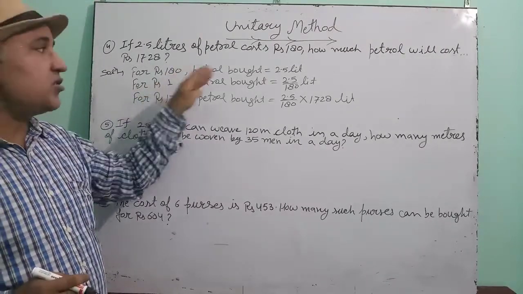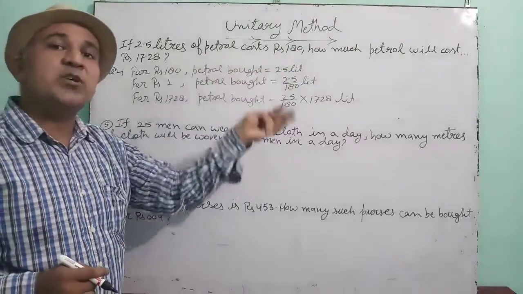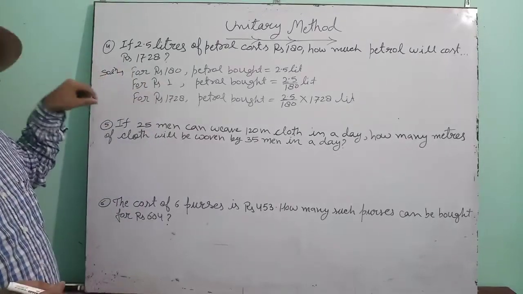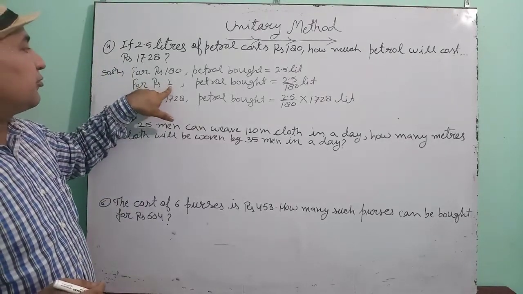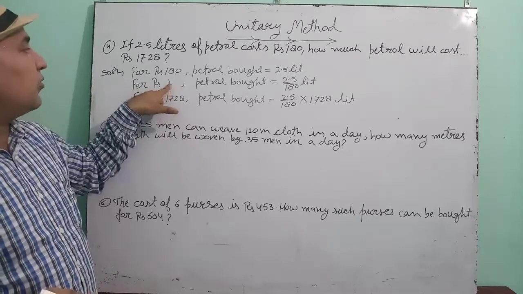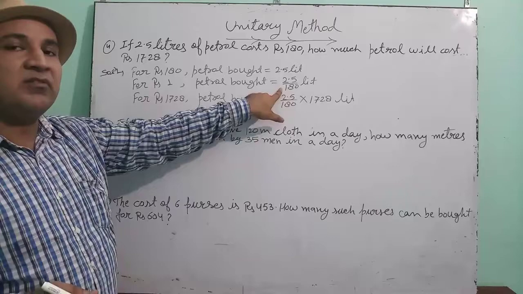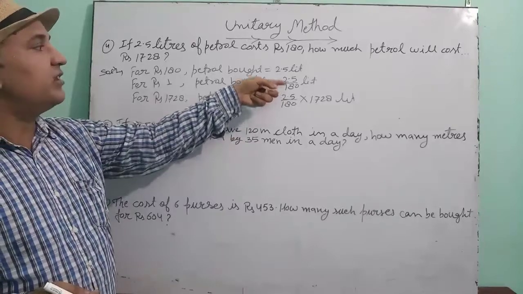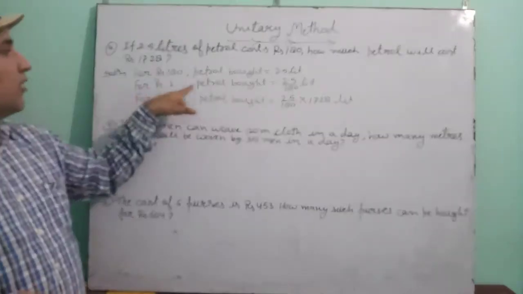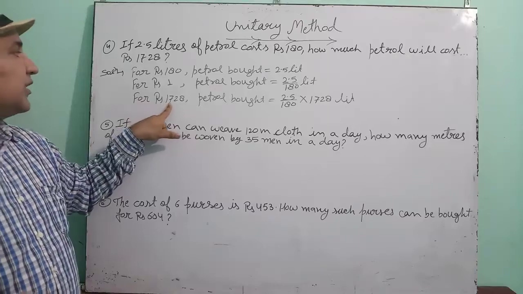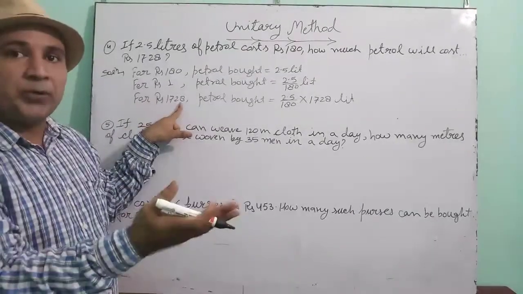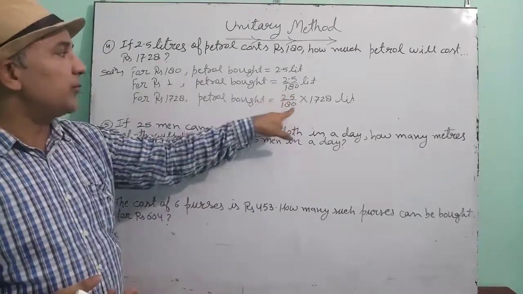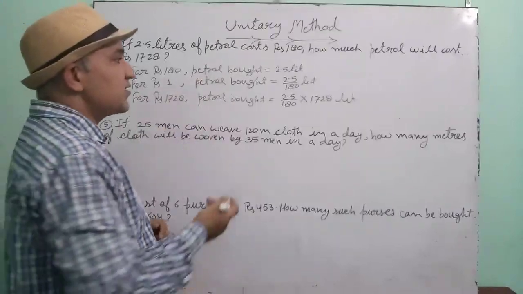See the method again. For 180 rupees 2.5 liter petrol is there. Then how much petrol for 1728? Due to the unitary method, it will be easy if we find the petrol for 1 rupee. Petrol for 1 rupee will be 2.5 upon 180, because the amount of petrol will be less in 1 rupee, that is why 180 will divide 2.5. Now petrol for 1 rupee is this liter, so petrol for 1728 rupees, more petrol, that is why this 1728 is multiplied by the amount of petrol for 1 rupee. Now solve and get your answer.